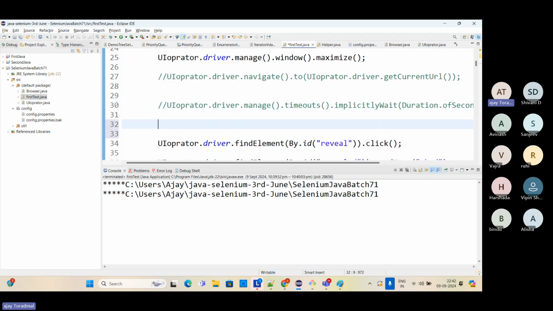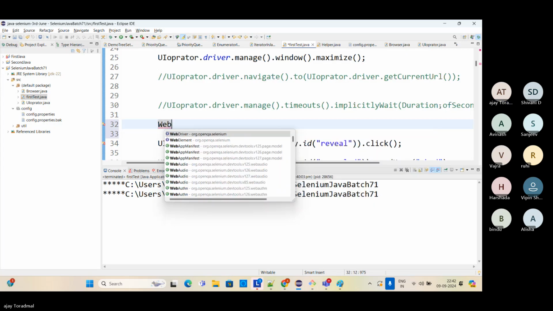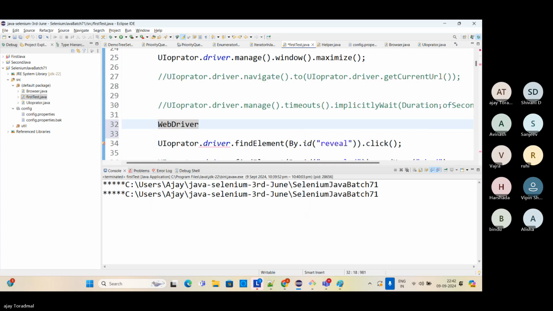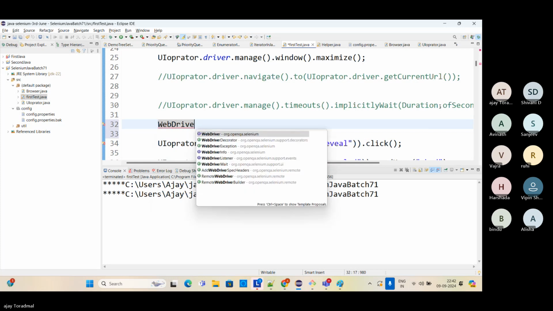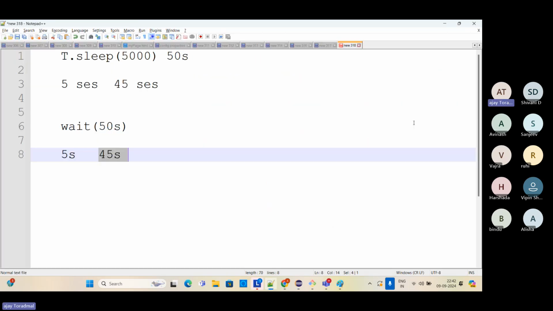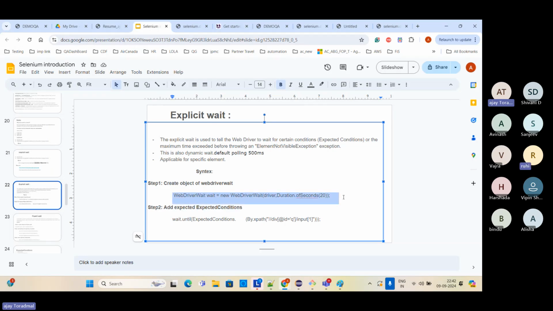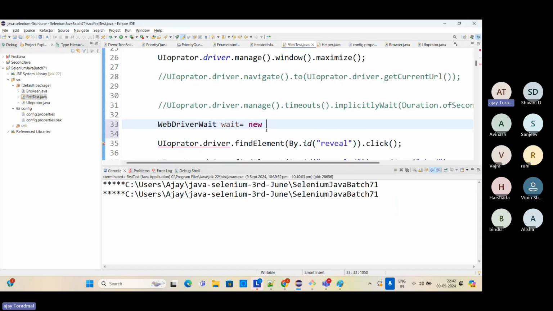So first is WebDriver wait, wait is equal to. The first step I have shown in the PPT, right? You have to create the object of WebDriver wait. So I'm applying the first step, creating the object of WebDriver wait. So that is the WebDriver wait of